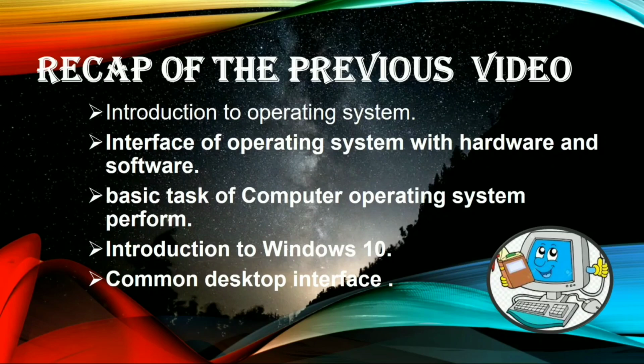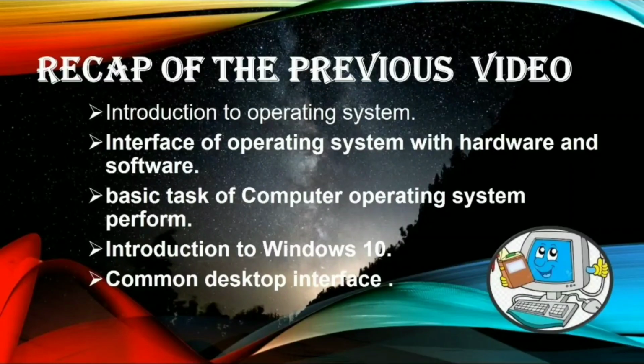As we always take the recap, first take a quick recap of the previous video, in which we learned about introduction to operating system, meaning what is an operating system, interface of operating system with hardware and software, basic tasks a computer operating system performs, introduction to Windows 10, and common desktop interface.